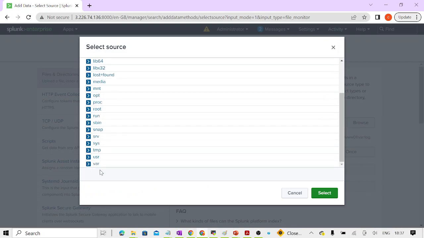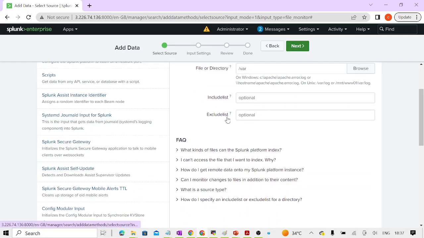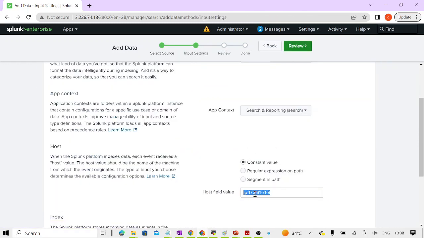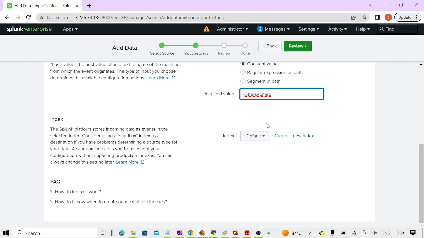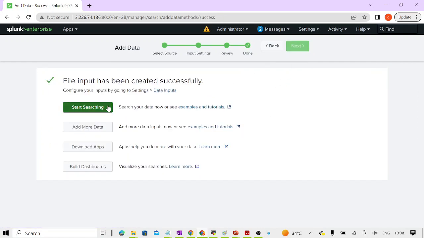So if I go here and click on where directory, and I don't want to include anything of that sort. Here I will just make it as CyberSec. So this is my host name, and the index I really wanted to keep as main. So default is the equivalent of main. If I do that and click on submit and start searching, let's see whether we are getting any